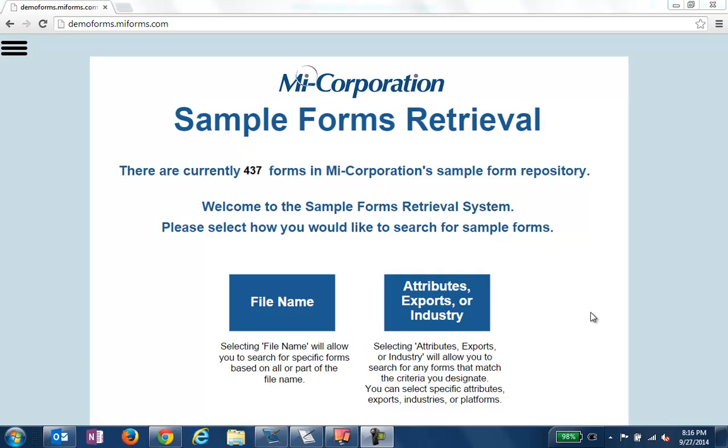Hello, today I'm going to demonstrate my corporation's sample forms library. I've navigated in my web browser to demoforms.myforms.com, and I'm presented with a sample forms retrieval form that allows me to retrieve forms from the library. As you can see, there are currently 437 forms in the library at this time, and we'll be adding more